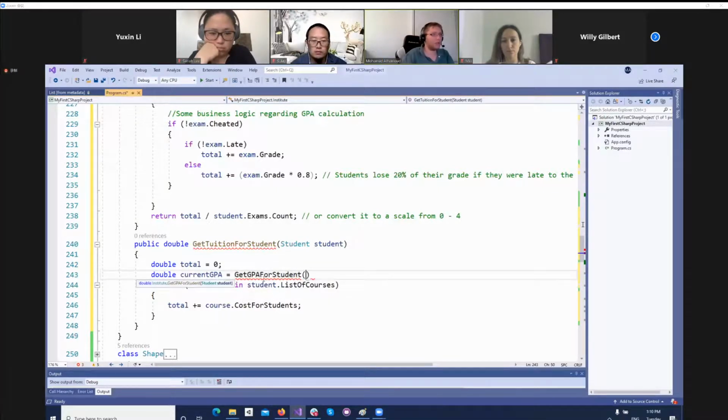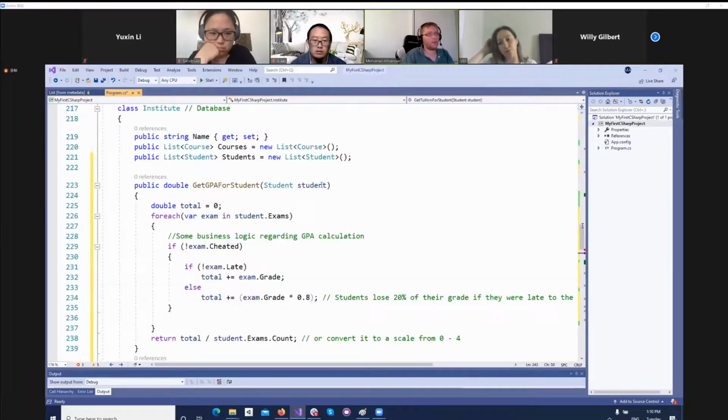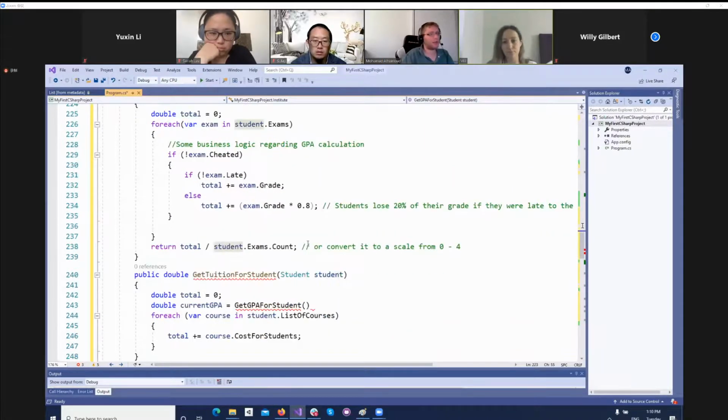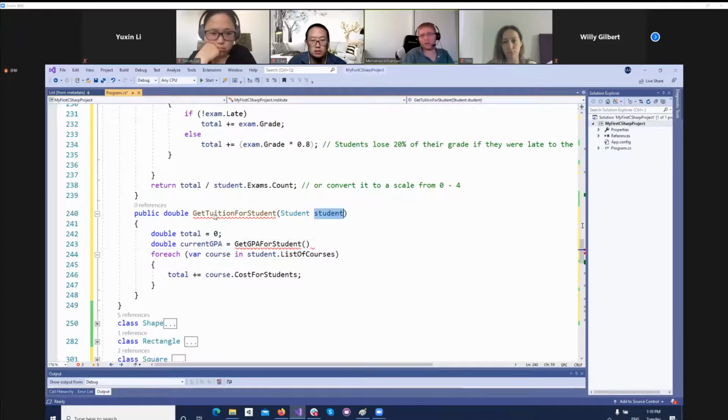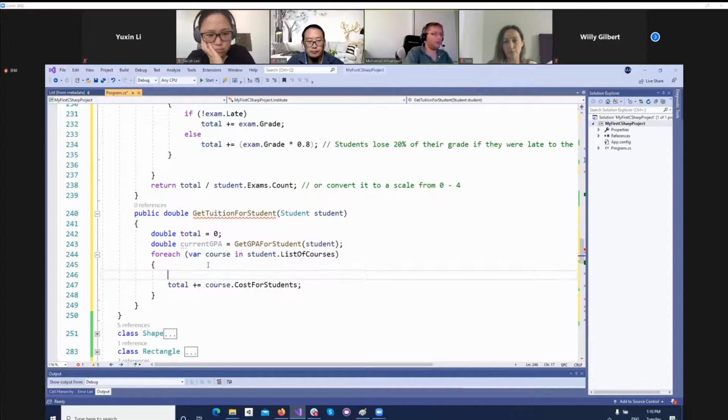And what does this function need to work? It needs a student. So what should I pass here? The same student I'm calculating the tuition for. Pass it to the GPA calculation. So the same student that you were calculating the tuition for will be used to calculate the GPA. Before I add the total amount, if current GPA is bigger than 3.5,